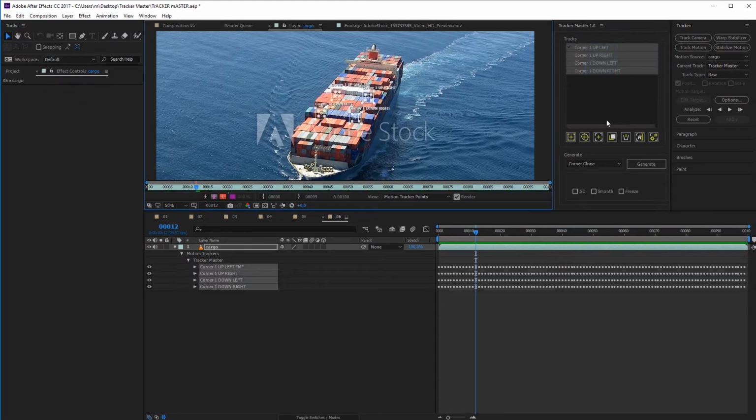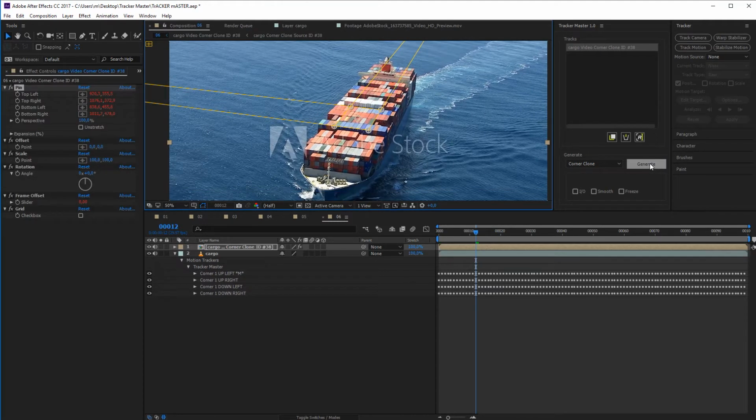And I select the Corner Clone tool from the drop-down list. Generate. It will take a bit. The corner clone will appear in the list and in the timeline, as usual. And the clone controls in the effects panel. Before I start, I want to make it clear that I can also generate a corner clone with a tracked